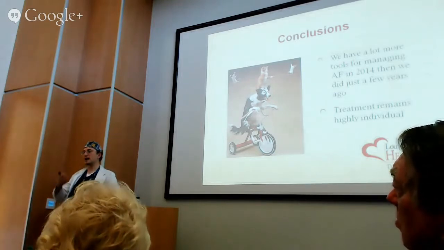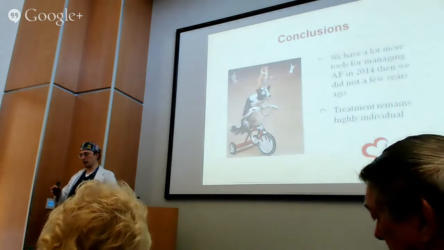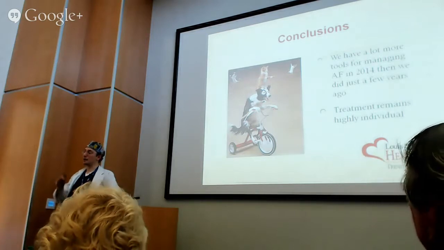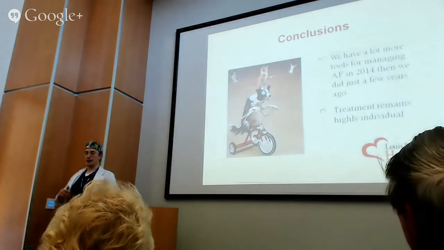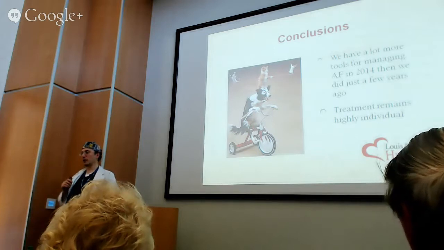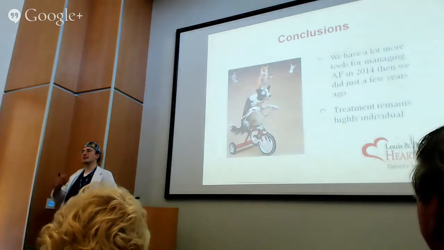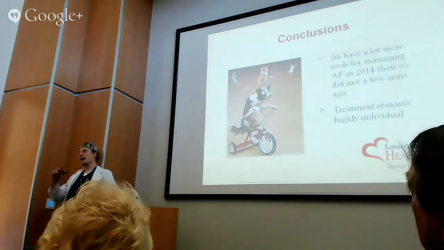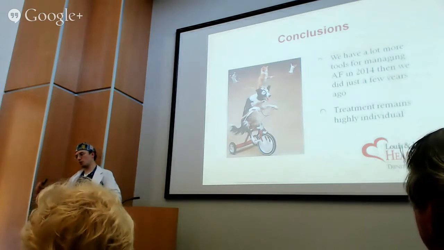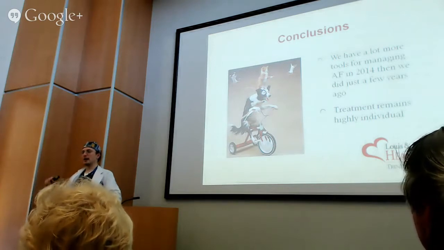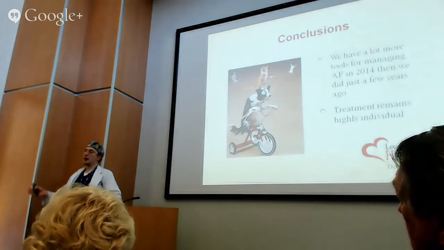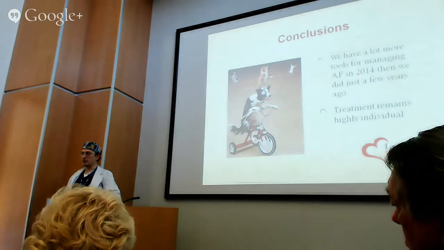metabolism. For example, Pradaxa is cleared entirely through the kidney. And in patients who have liver problems that take certain types of medications, that's the best drug to take because it goes through the kidney and it doesn't affect anything else. Whereas Xarelto and Eliquis are predominantly metabolized in the liver. So in patients who have borderline kidney function, you may want to go with Xarelto or Eliquis because you're not so worried that the kidney function is going to change and the drug levels are going to change. So that may be one of the differences.